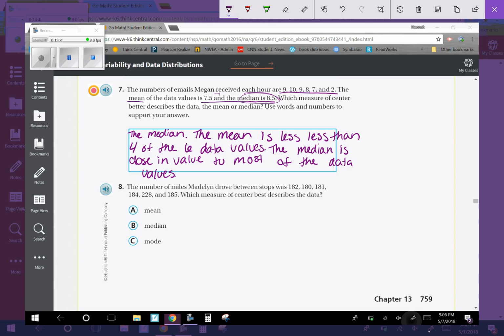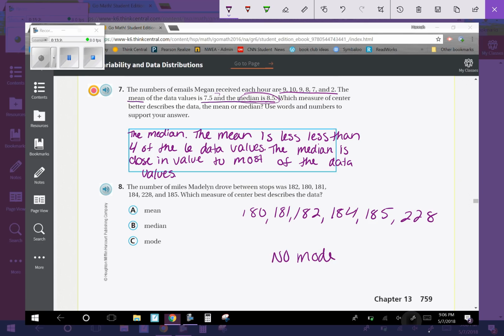Number 8, the number of miles Madeline drove between stops was 182, 180, 181, 184, 228, and 185. Which measure of center best describes the data? Mean, median, mode, which one would that be? So if we look at that, put these in order. There is no mode,